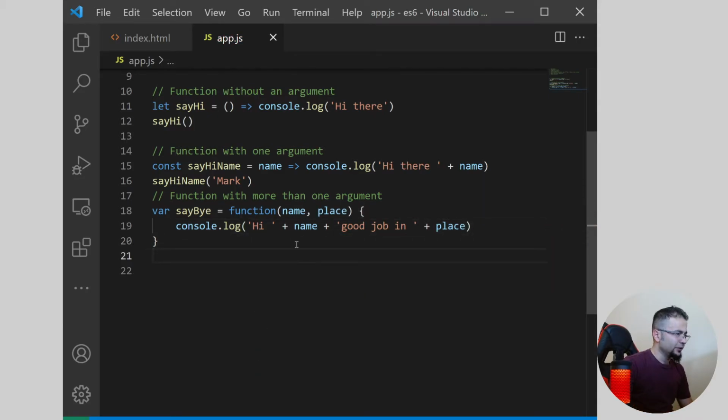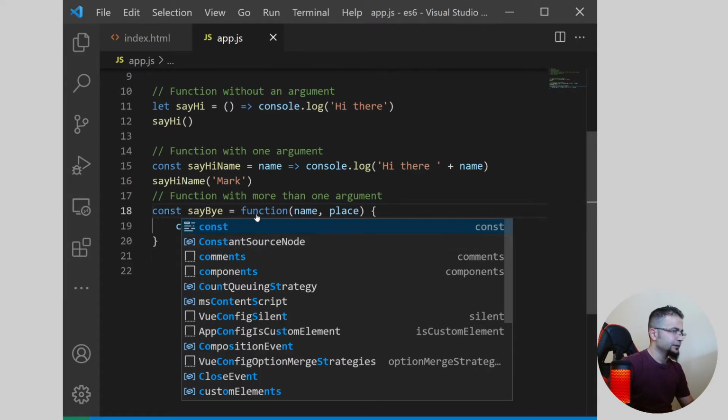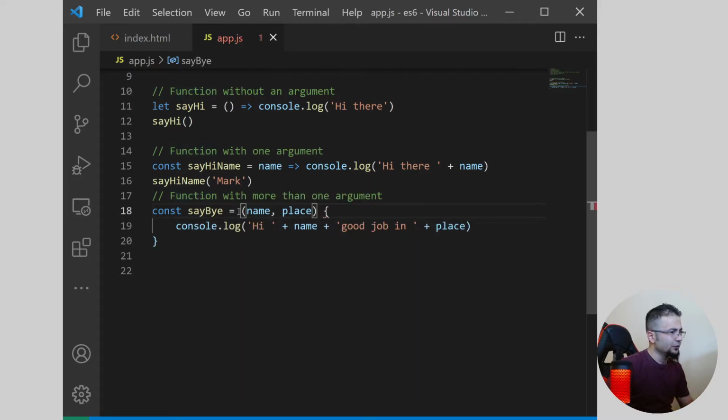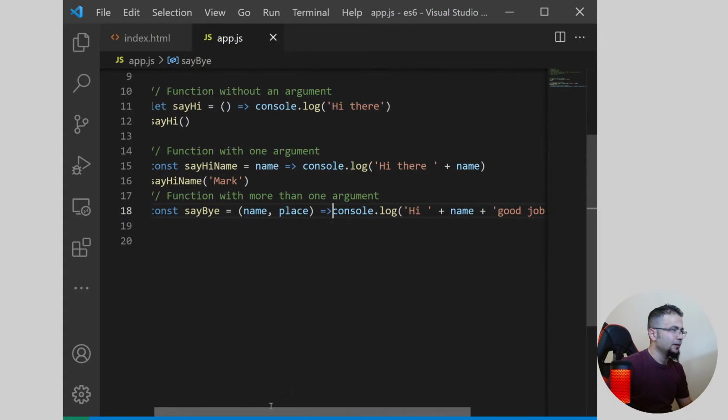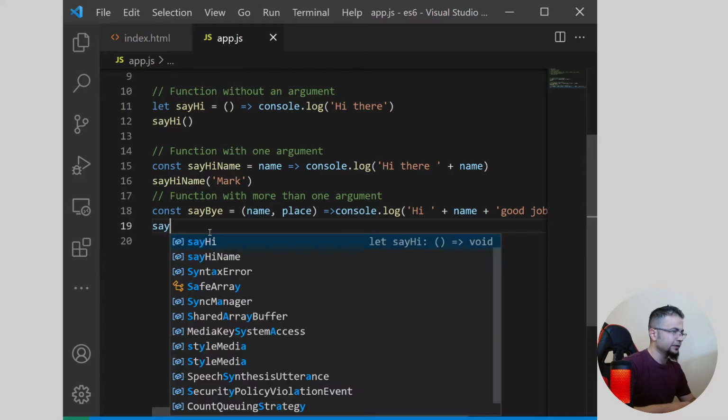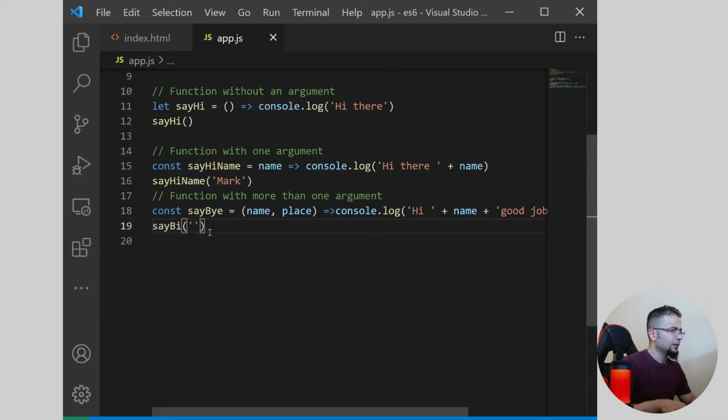Let's turn this into an arrow function. First, let's do this as const, and remove the function. Of course, if we have two arguments here, we don't remove the parentheses, but we can still remove the curly braces just to make it more concise. And if we call this function like sayBye Mark,